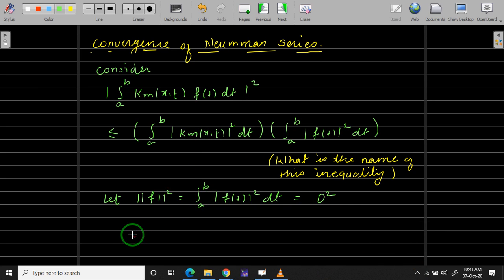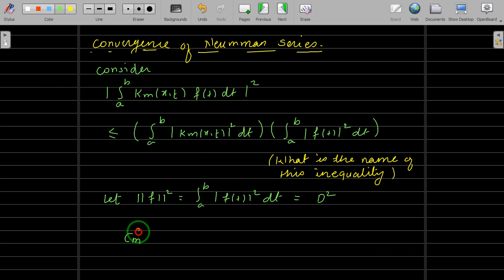So let us take this cm square. You need not take the square on both sides, but if you take squares, this d square and cm square will help you in the next calculations. So let us take these squares. So cm square, you take this as the upper bound